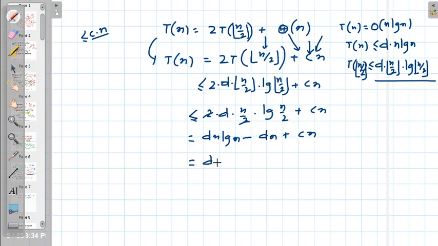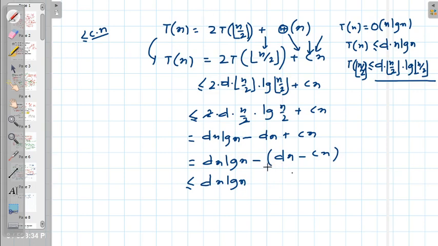So that is equal to dn log n minus this n I am taking common here. I am taking this minus common here, that would be better. So this dn minus Cn, and then I can write that this is less than or equal to dn log n, provided